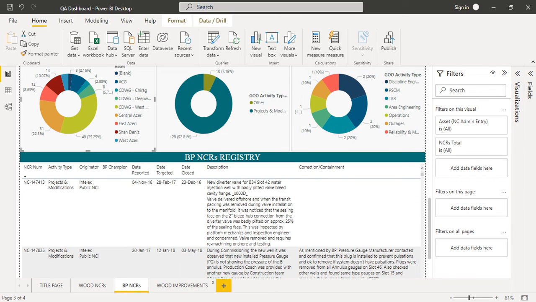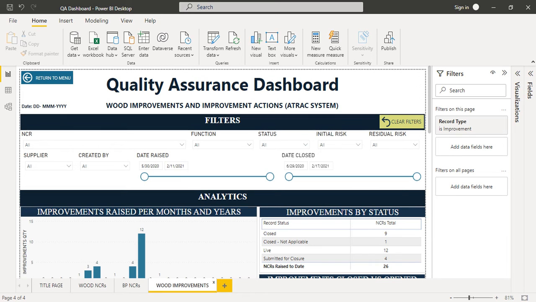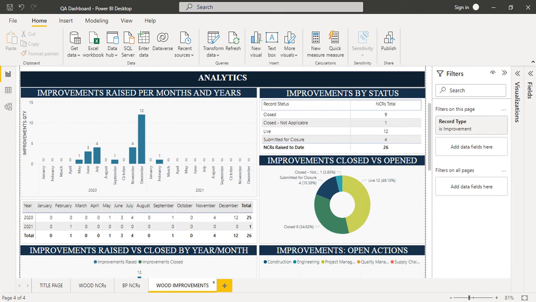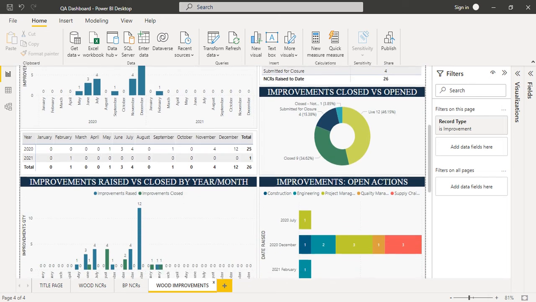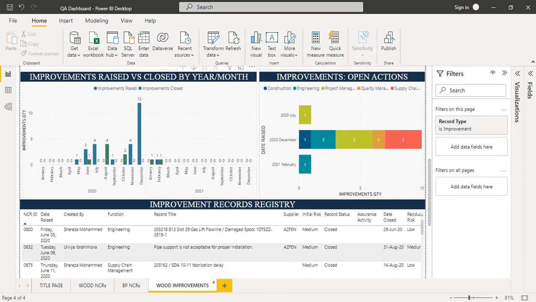The third page is about improvements. Again, it has a title, buttons, and filter functionality. In the analytics section, it has improvement rates per month and year. These 2 visuals represent that information. Improvements by status and improvements closed versus opened. Then we have improvements raised versus closed by year and month,